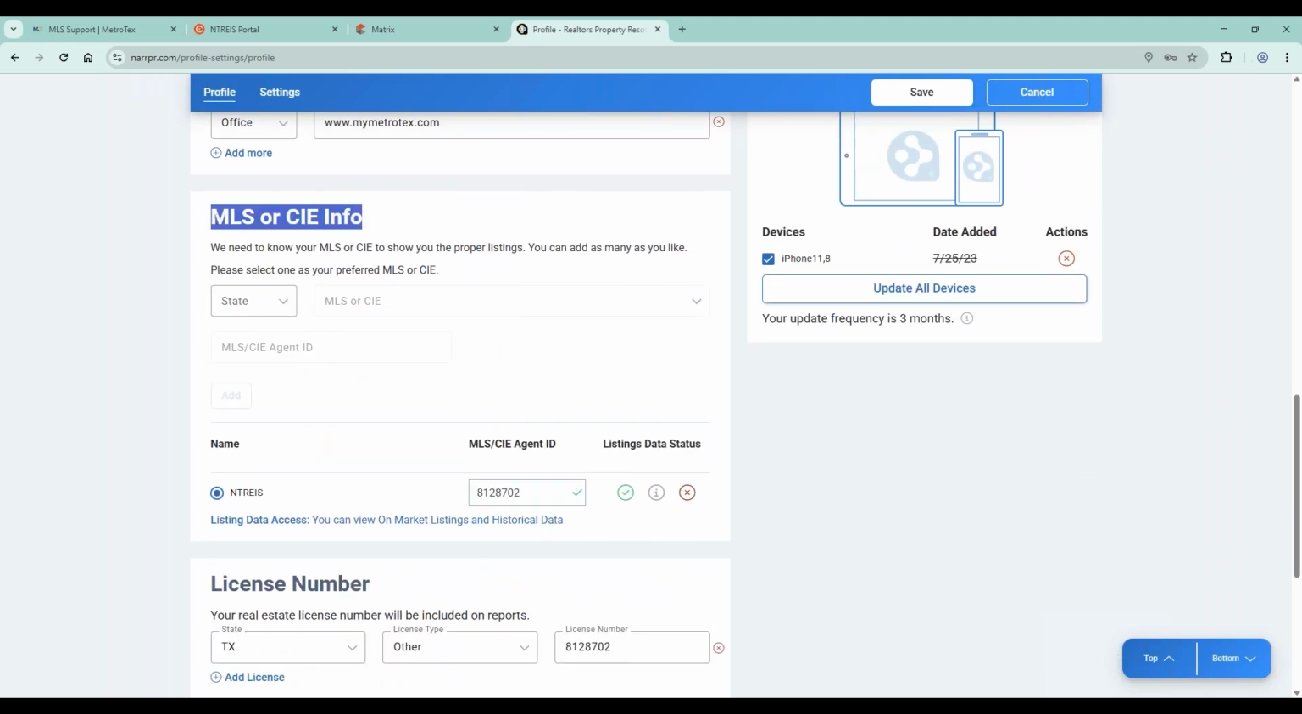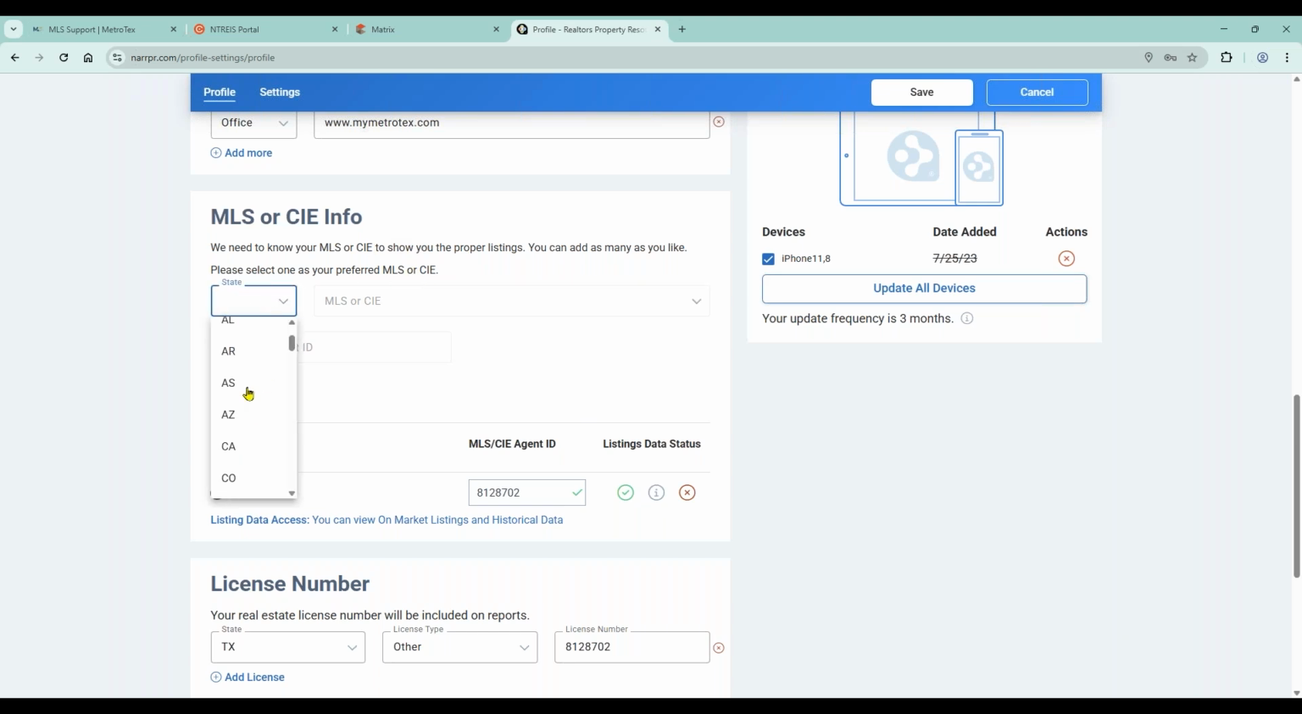The next section, MLS or CIE info. Now, if you have not connected your Netris MLS, you can go ahead and do that now. You will need to start off by selecting the state, because remember, this is a nationwide database. So select the state that you're licensed in. For Netris, you'll select Texas, although some of our Netris users are from Louisiana, so make sure you are selecting the right one. Under the MLS or CIE drop-down menu right next to the state, this is where you're going